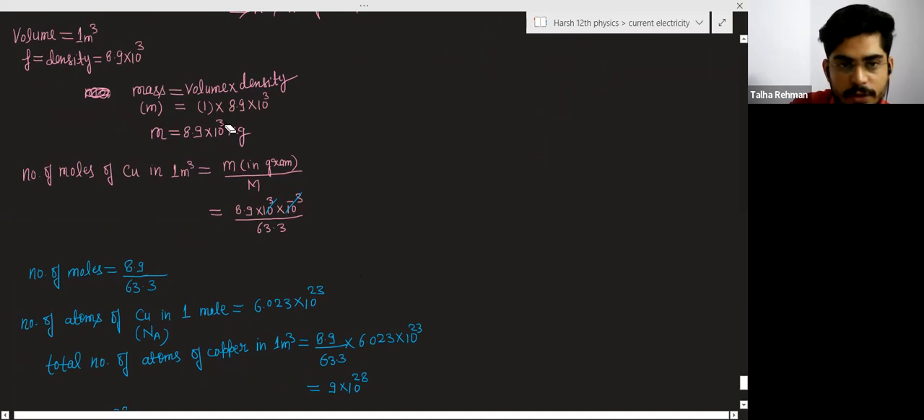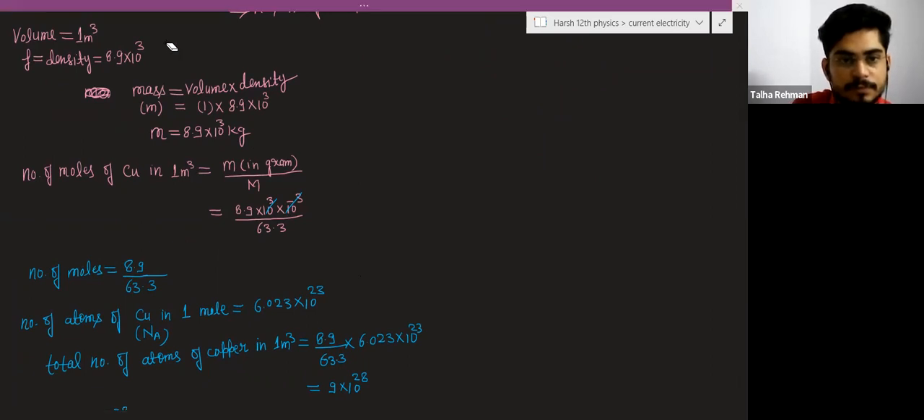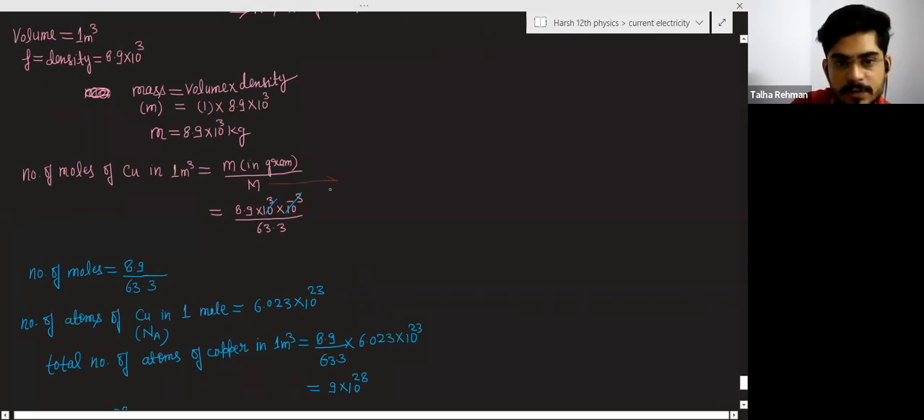And M is the molecular weight here. This M is the molecular, or you can say